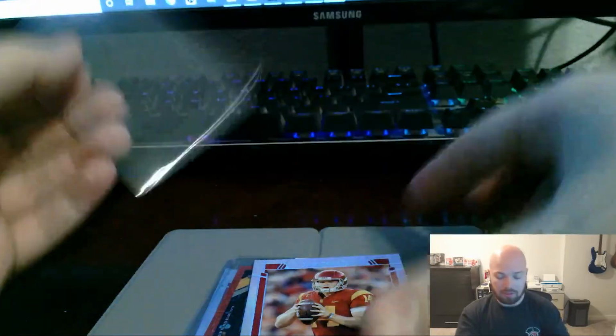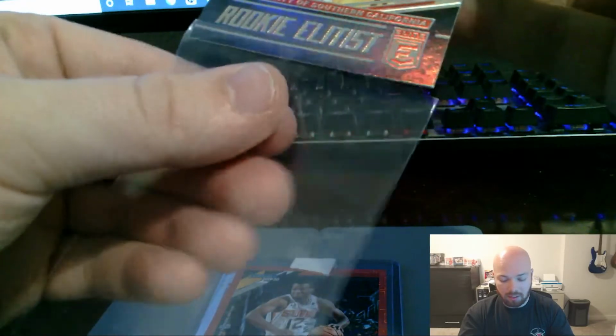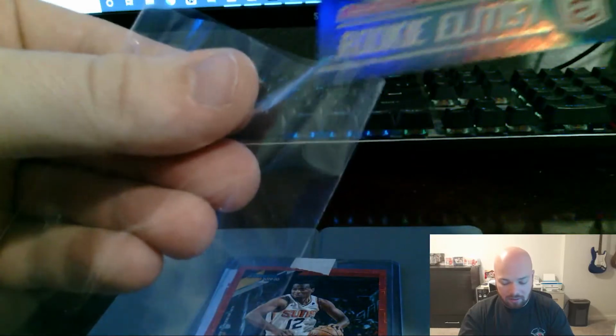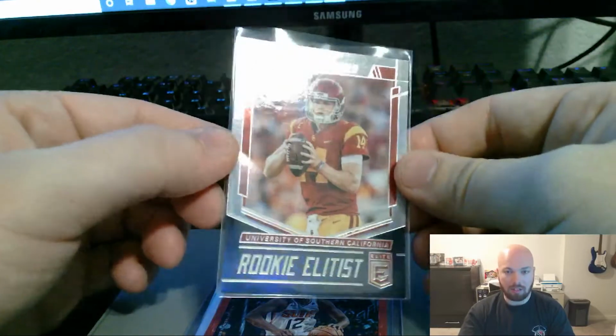So I am going to sleeve him up. This is a rookie insert, it looks like. Rookie Elitist. So I'm going to go ahead and sleeve that up if I can get it in the sleeve itself. These sleeves that I've had have been giving me nothing but issues. So that's sleeved up. Yeah, it is an insert, RE-6, but that is a nice card to hold on to